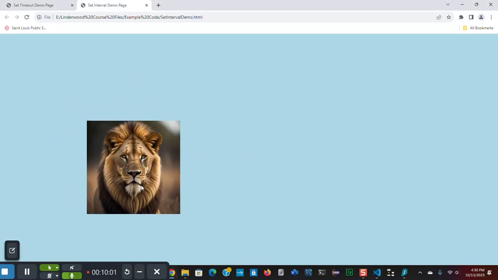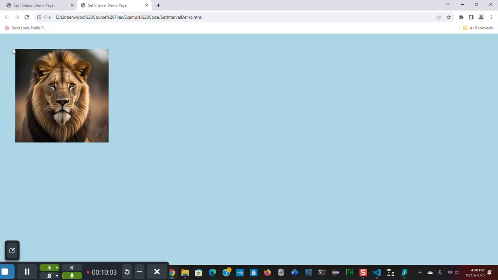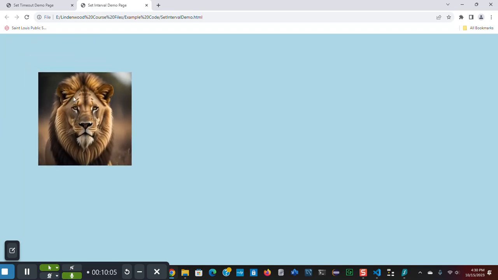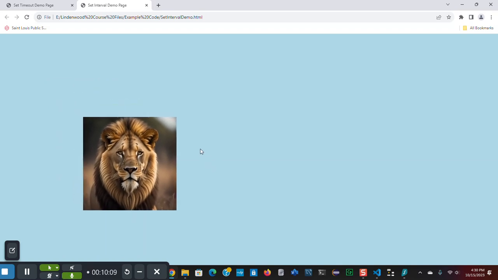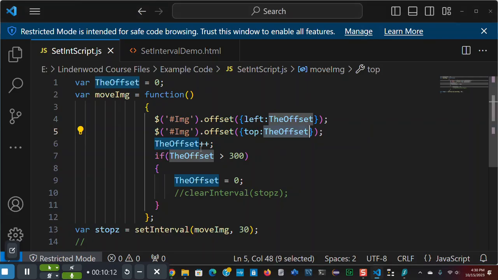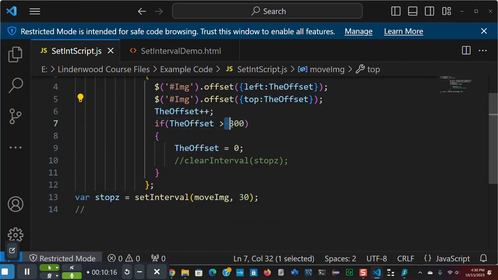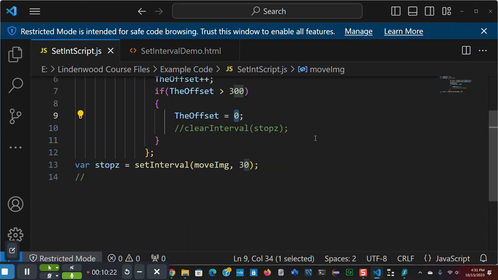Let's start at 0 here, Mr. Ellis. Let it jump back. See it? You can see it moving through those attributes. Now it moves in this direction, and I limited it to, I think it was 300 pixels. So it's sitting in a 300 pixel box. When the offset is greater than 300, we jump back to 0. Now it runs forever